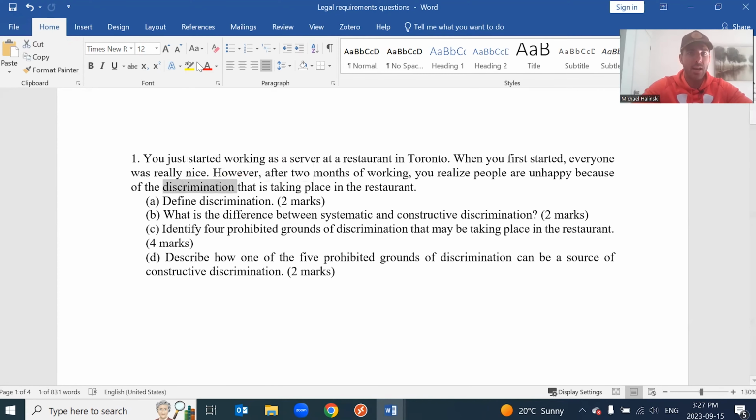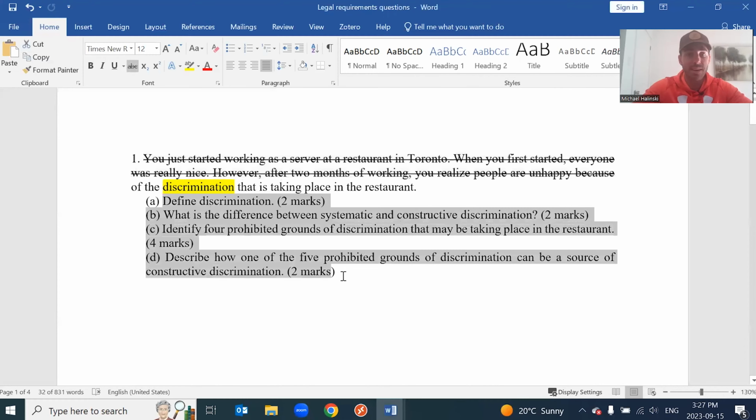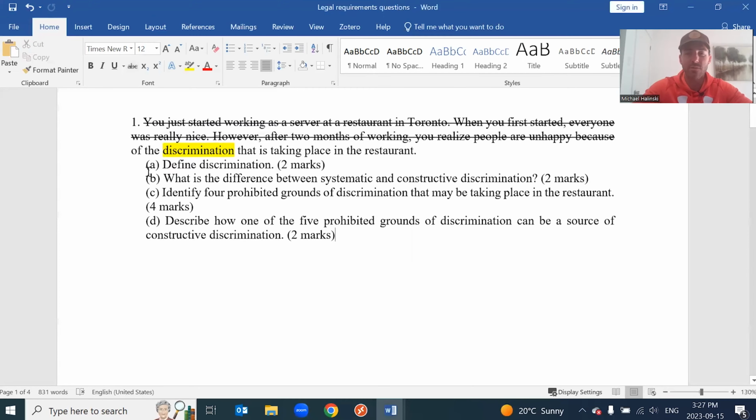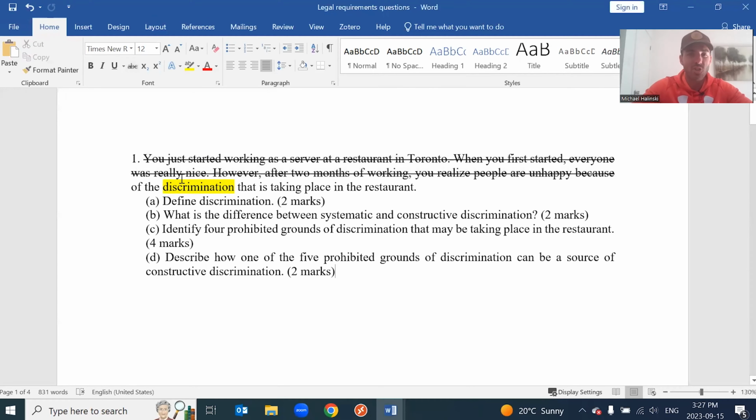So what I like to do is put a little case, a bunch of facts up here to distract you, not really relevant. The big thing was discrimination. I put these 3 sentences together, and you didn't really need them. We could have just started with this, but some of the time I put important facts in here. Sometimes I don't. In this case, it was really more of a distraction. So to define discrimination, hopefully you can just remember something from the textbook to write in there.